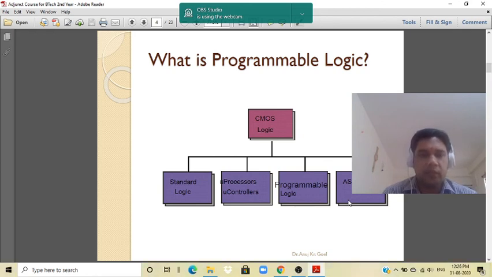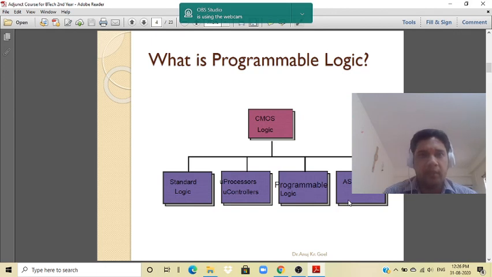These are designed by the manufacturers. For example, the 8086 microprocessor and the 8051 microcontroller are designed by Intel, and they are actually general purpose. So for any type of application, whether you are making a minor or major project, you can use them. Third is the programmable logic devices. These are categorized, as we told at the start of Unit 1, as SPLDs, CPLDs, and FPGA.